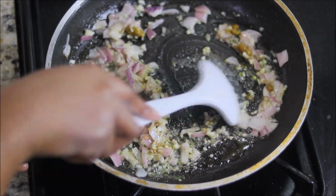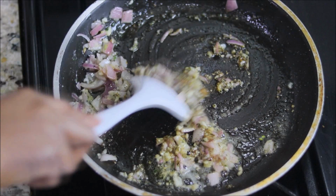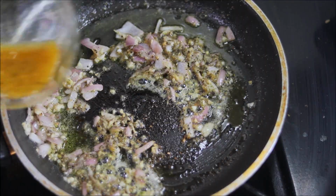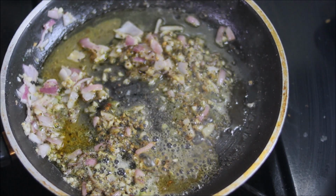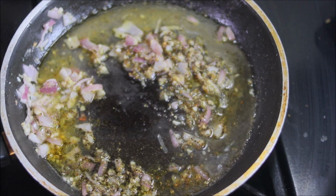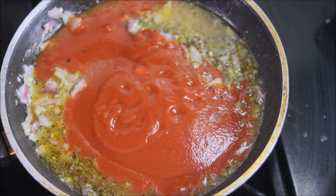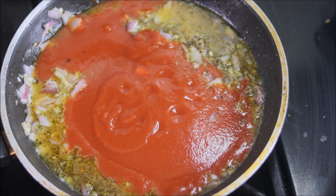You want to saute it until your onions are translucent, your garlic is fragrant. Everything is smelling good and nice. I also reserved a little bit of the stock from the roasted Cornish hen that we used. And you can use chicken stock or vegetable stock if you are vegetarian. So please, if you're vegetarian, you do not have to use chicken bouillon. You can use vegetable bouillon and vegetable stock,